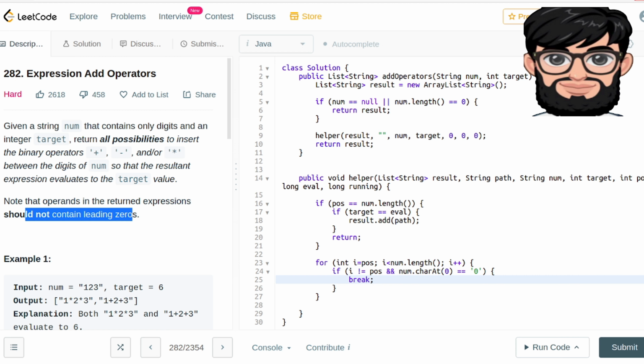Because if it is a preceding zero, like the first number, the num is 0 and we are not on that position, we just wanna go to the next one because at that time we don't want to do the processing. Okay,